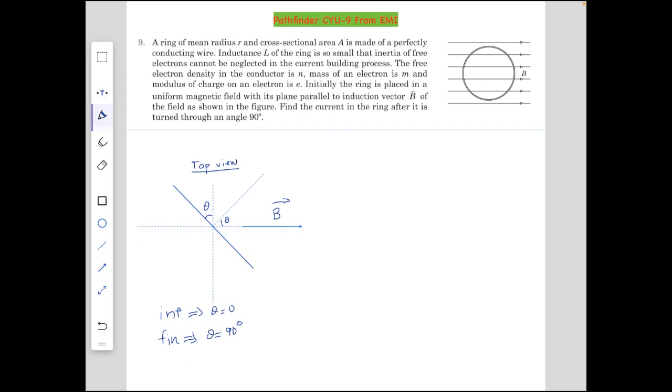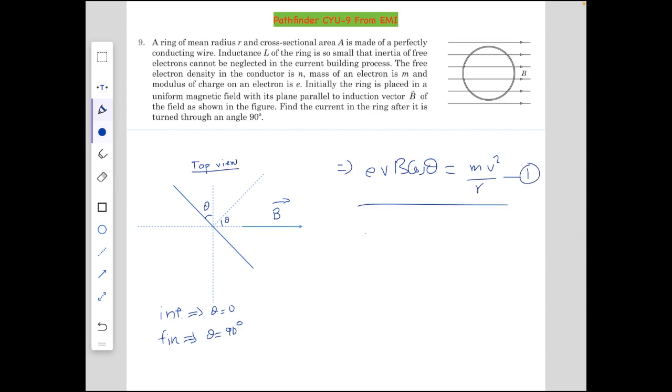So first of all, let's consider the force on an electron which will be going through a circular path. So from here, we know that QVB is the force on it due to a magnetic field. So here the component of B perpendicular to the coil will contribute to that. So here eVB cos theta will be equal to mv square by r. So this is the first equation we get.